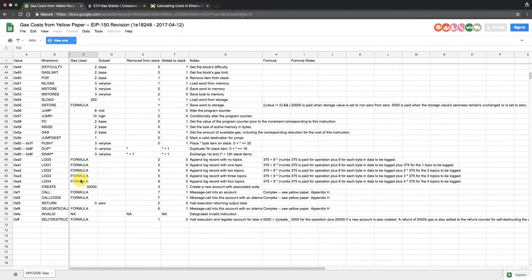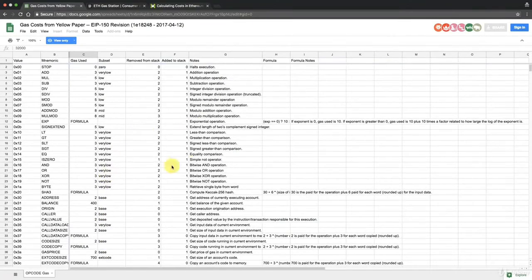So what's this? Create a new account with associated code, 32,000 gas. So you can see that every single operation costs gas, and these are very low level operations. The code that you write in Solidity then gets converted to very low level code, and then these prices are applied.